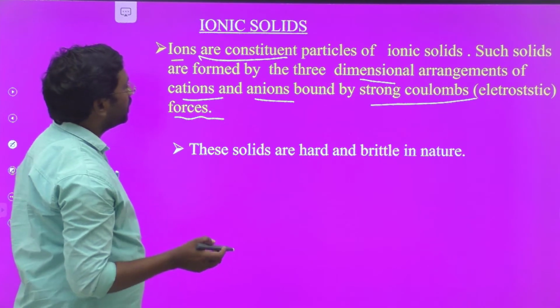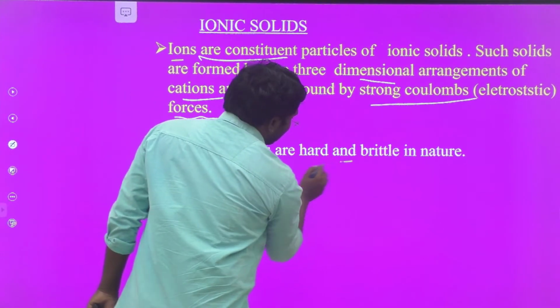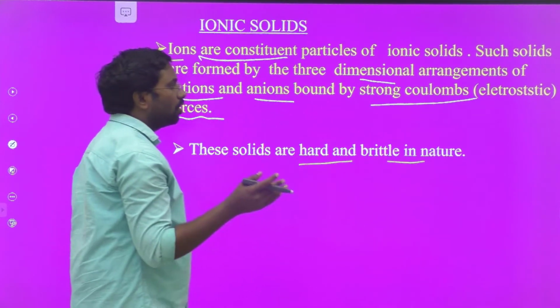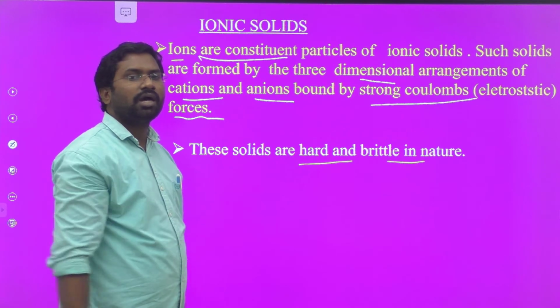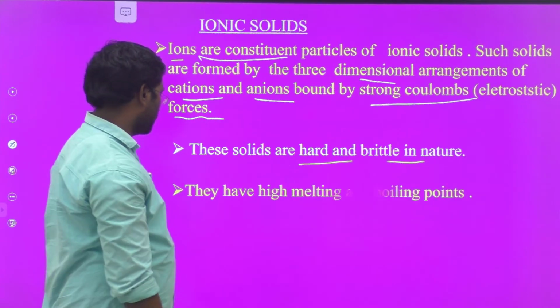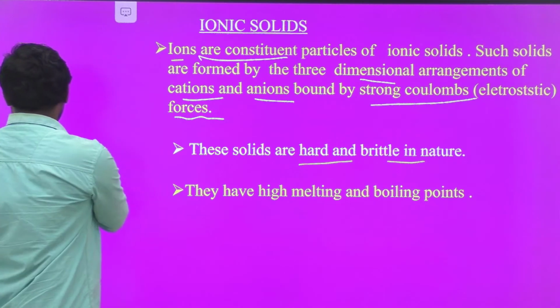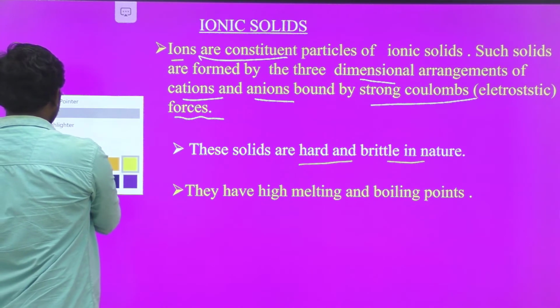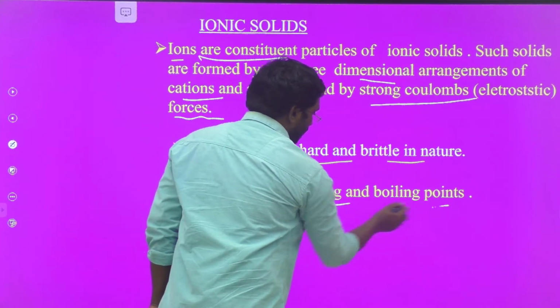These solids are very hard and brittle in nature because of the strong electrostatic forces or Coulombic forces which bind the ions present in the solids. And also they have high melting and boiling points. Compared with the remaining solids, these ionic solids have high melting points and boiling points